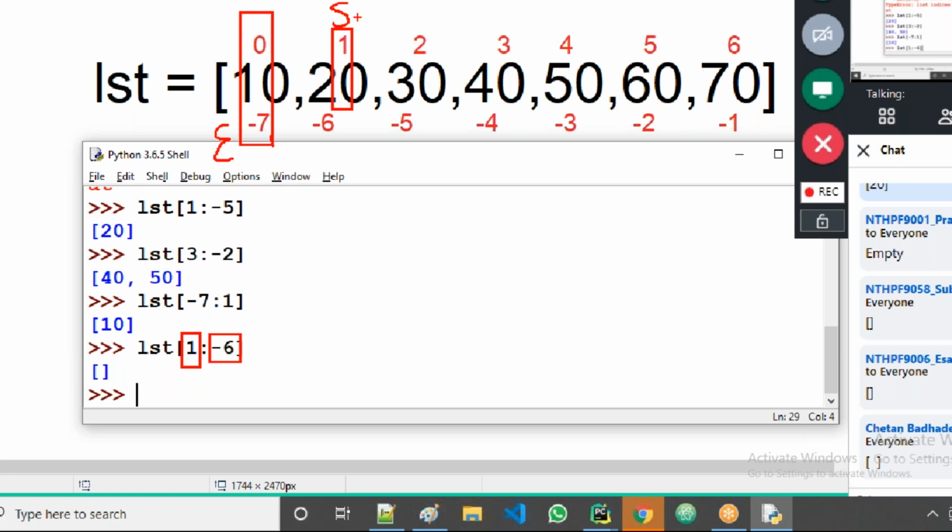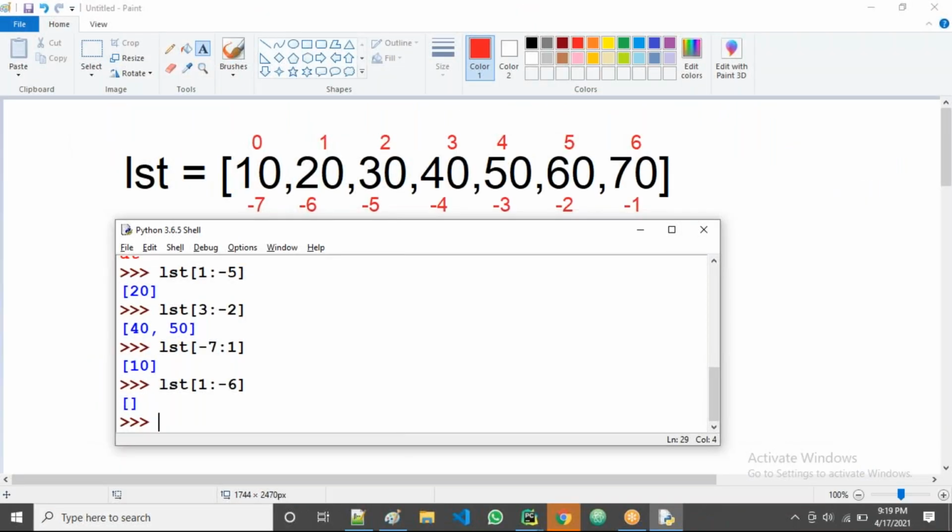But I told you the starting value must be on the left side and the ending value must be on the right side, or else the starting value and ending value must be on the same element, so that output will come. But in this case, the starting value is there and the ending value is on the reverse side. That's why it will return the empty list, guys. Empty list, not that 2010. That is the case of double colon. It's single colon slicing, okay?